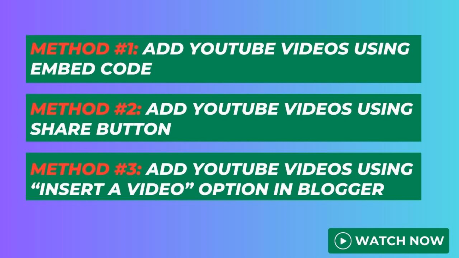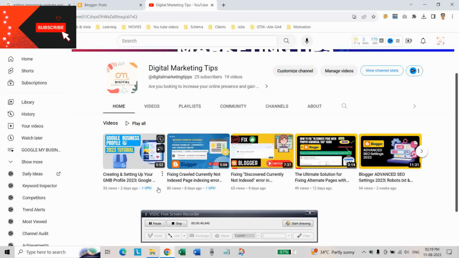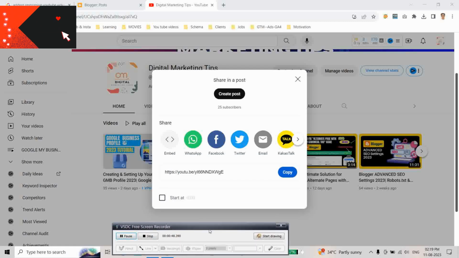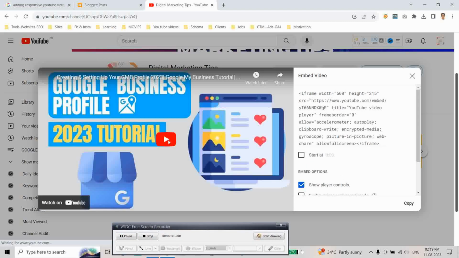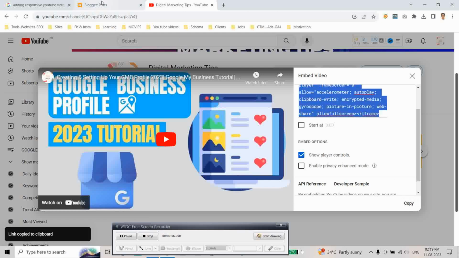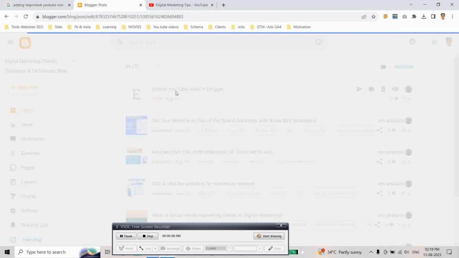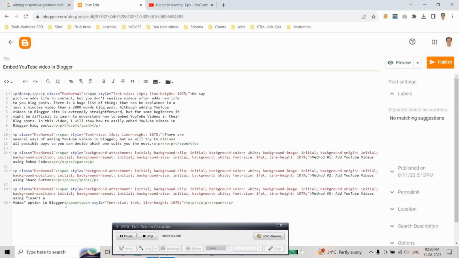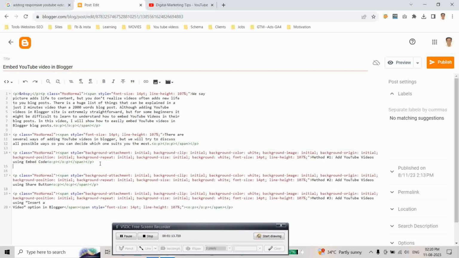For that, go to your YouTube channel and select the video which you want to add. And here, select share, and here click on embed and copy the code and go to your blog in which you want to post that. And here select HTML view, and you can see here this paragraph is ended here. So if you want to insert here after this second paragraph, then click enter and